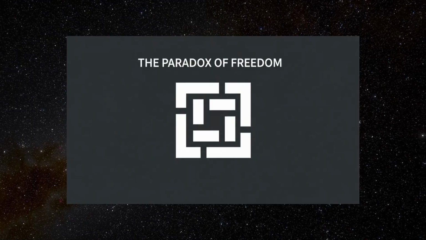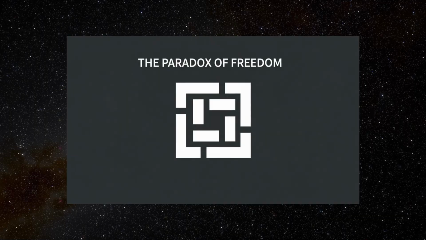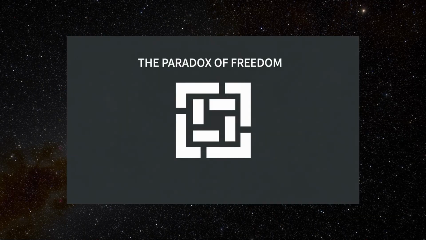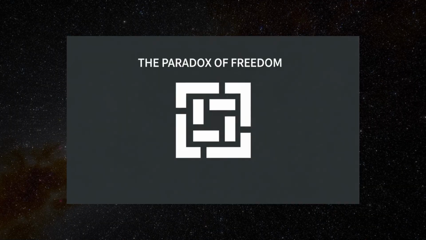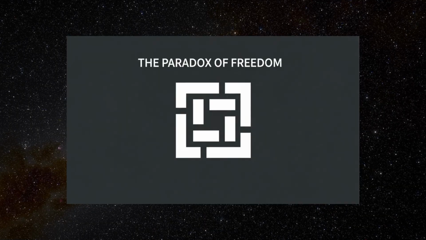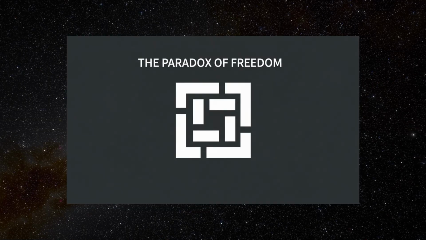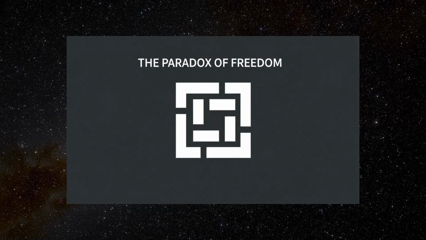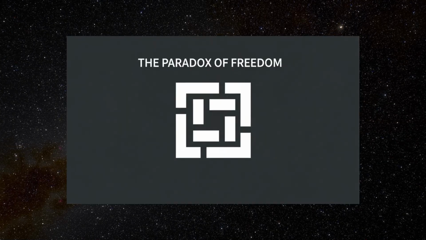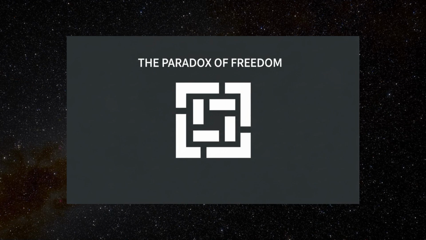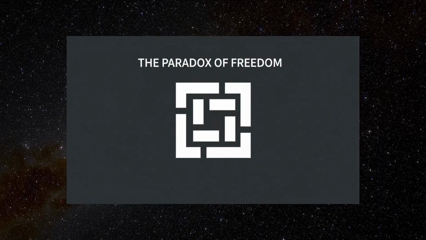The paradox of freedom. The paradox of freedom is a philosophical dilemma that arises when we consider the consequences of unlimited or absolute freedom in a society. At first glance, freedom seems like an unequivocally good ideal, one that allows individuals to think, act, speak, and live according to their own will. But the paradox emerges when we recognize that if everyone is completely free to do whatever they want, that freedom can, in practice, destroy itself.